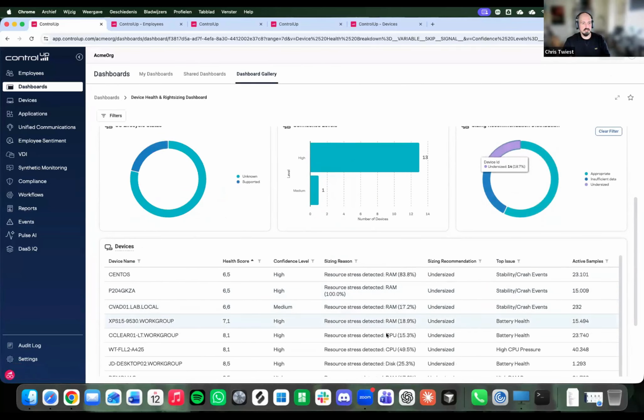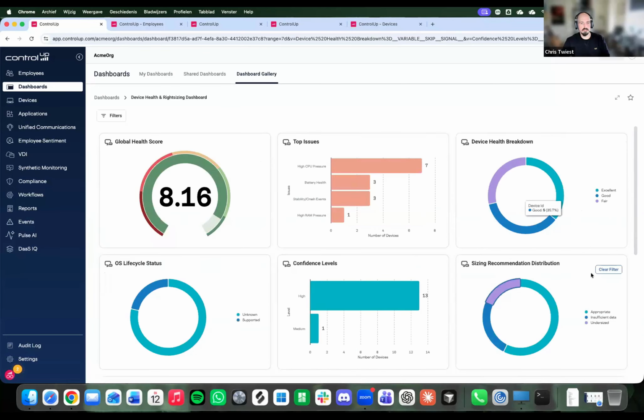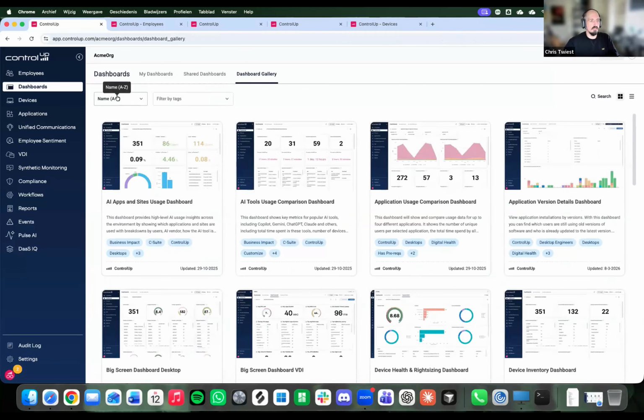So if we clear the filters, I have the full list. If I click on a slice, this will filter. All the other widgets are getting filtered on that too, and this one too. So it's like a filter that you can use. We're also still looking, but this is a bit further in the future, at making them even more interactive. So for example, I click on an app crash and it will bring me to the app crash details dashboard with the app crash filled in. It's stuff that we work on too. So that is stuff that we recently did.